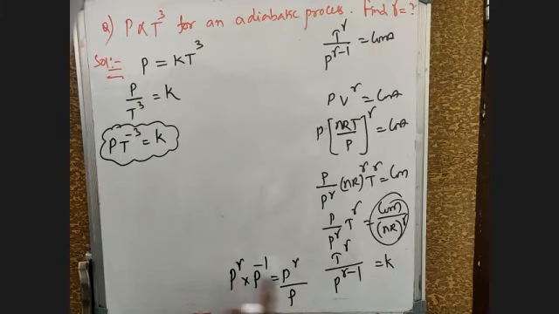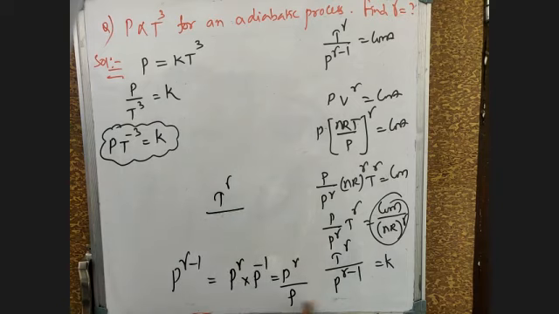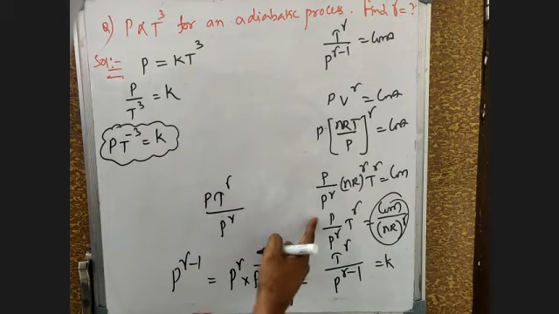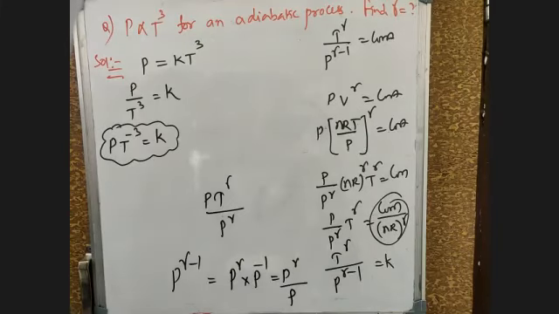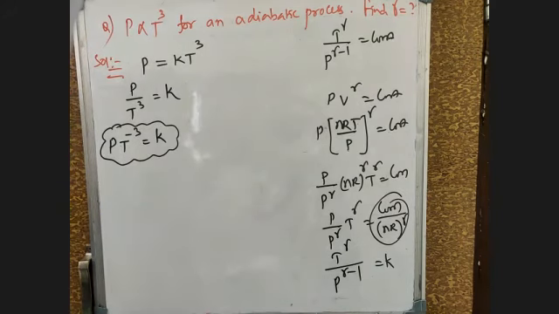Yes, sir. Now this term will go up right now. This p to the power of gamma minus 1 is nothing but this value. So this will become t to the power of gamma divided by this value. If I'm writing this one, p to the power of gamma into p, so I'm getting this value again. Yes, sir. So it should be gamma minus 1, not 1 minus gamma. Sorry.